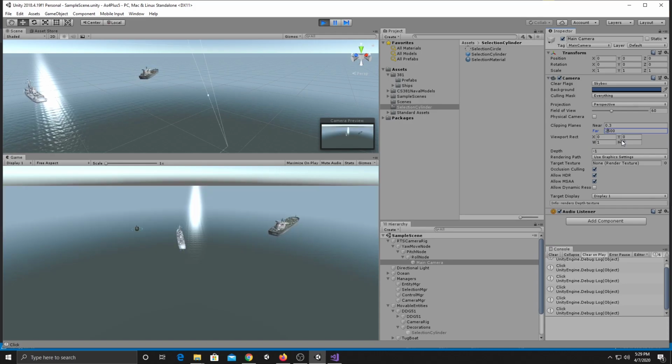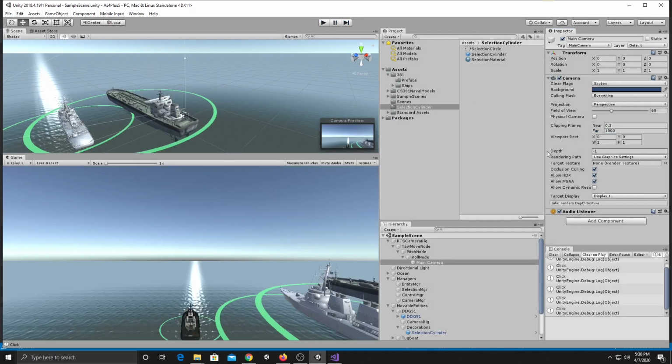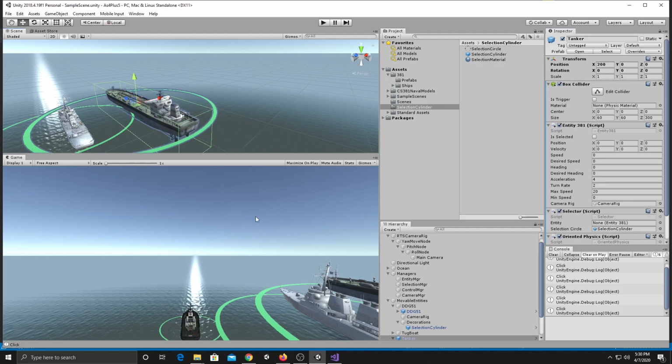25. Oh, that's too small. Maybe it should be 35. That looks pretty cool. Maybe 45. Yeah, I think that's much better. Okay, so let's leave it at that. So let's stop this. Let's go back to the camera and let's just put 3,000 for now. Yeah, it looks pretty good from this point of view. And there you have it. We have mouse selection. We have selection circles. And we'll worry about the UI when we know how to get new entities in. We got this one. And we worry about UIs next in the next part of this